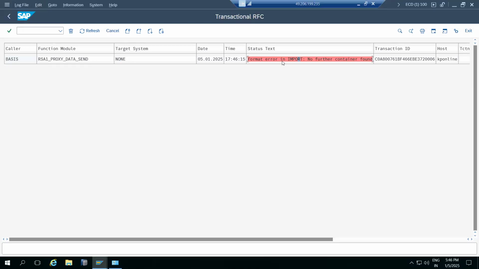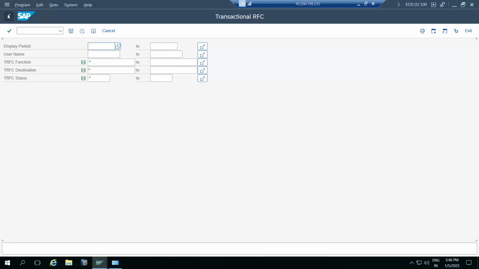Any format or data error, they will take care of that part here. So this is not our fault. One transactional RFC got stuck. So here, as part of our regular duty, we have to come to SM58 and check whether there are any